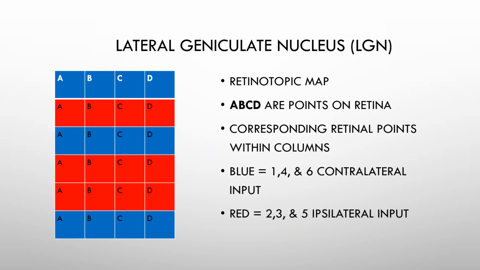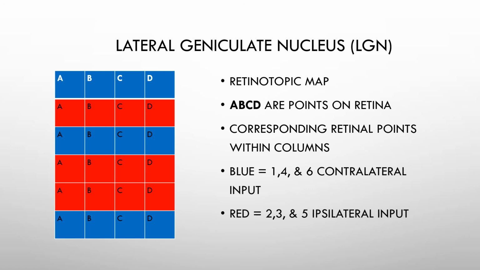So moving from that picture where A, B, and C are along the cup and saucer, A and C are farther apart, we're going to go ahead and add D here. A and D are even farther apart. A, B, C, and D are points on the retina, basically. And we have this retinotopic map where we have columns that correspond to those particular retinal points, okay? And you can see that we have 6 layers in the lateral geniculate nucleus. We're not going to talk about this very much in this class, but if you take brain and behavior or neuroscience or something, the cerebral cortex, we also see these 6 layers of information, where different information is being kept